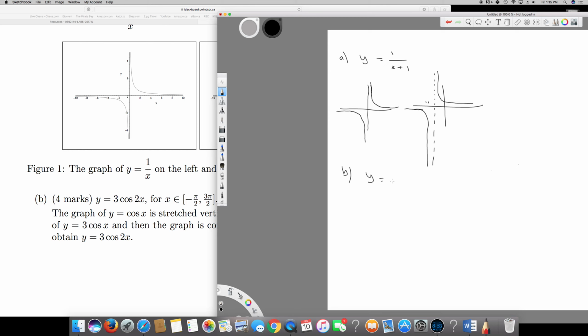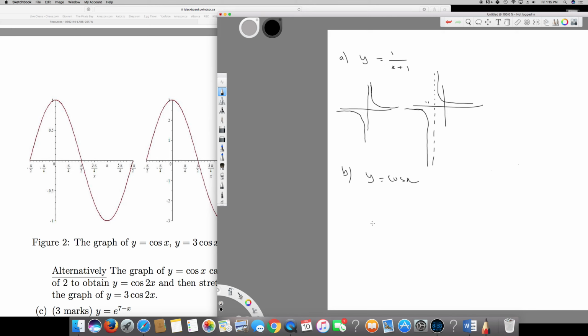So y is equal to cos x. How does the graph of y equals cos x look? It's going to start from negative 5 by 2 (π/2). As you know already, at π/2, cos is equal to 0. So if I put it at negative π/2, cos is going to be 0, and at